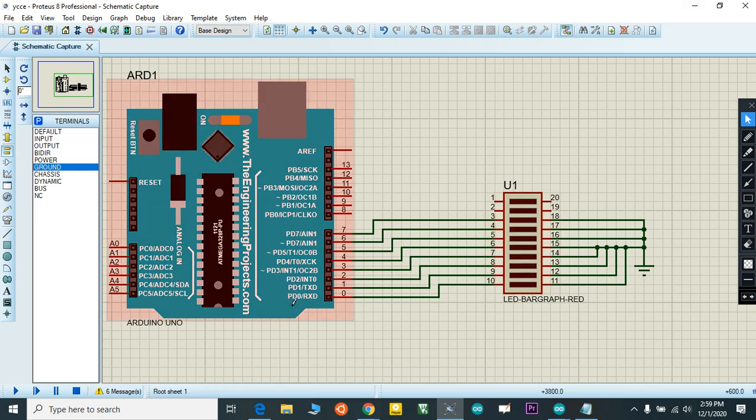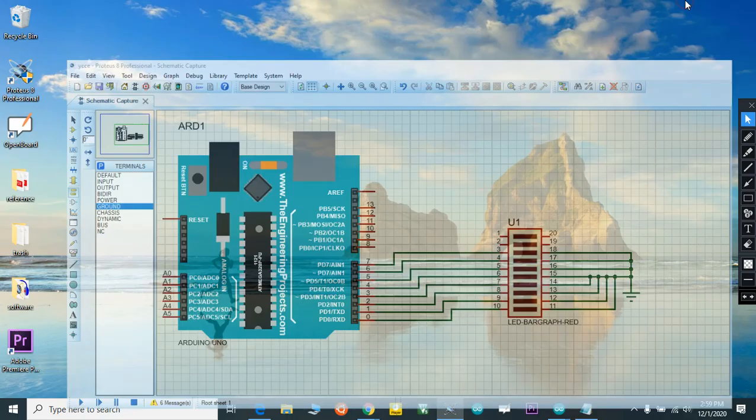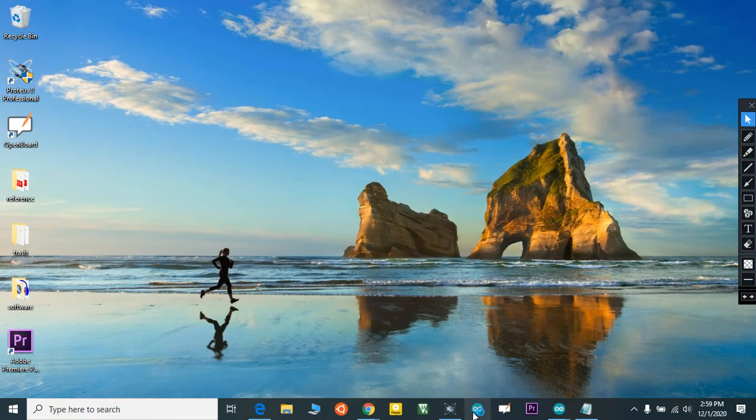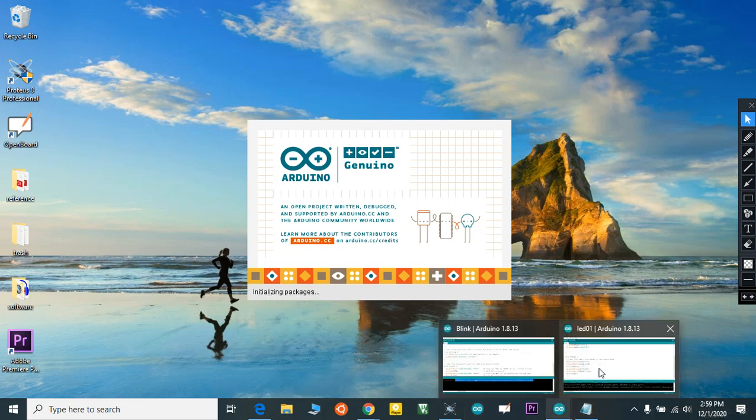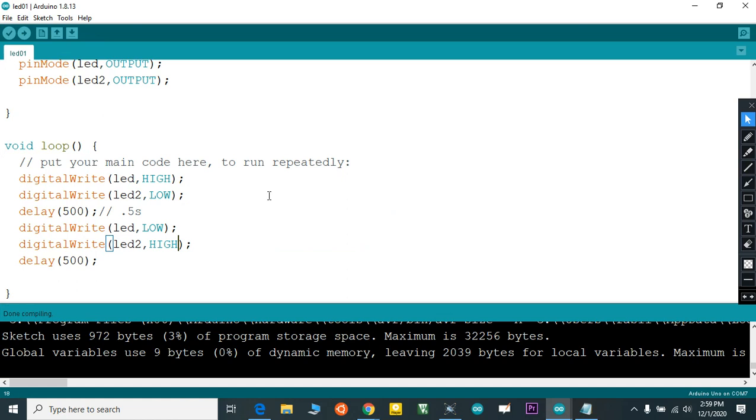Okay, so now I fixed my hardware. What I want to do is first blink the zeroth LED, then the first, then the second, then the third, just shifting the LED from 0 to 7. I click the same icon again.